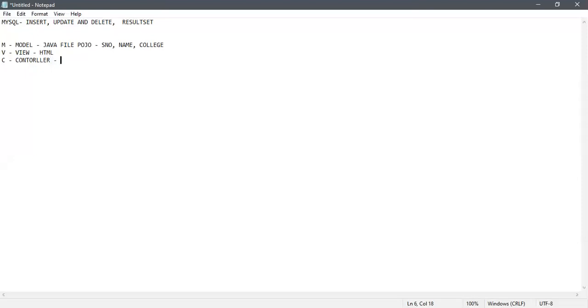and here the controller manages what is in between the model and the view. This controller is also a Java file. Here the connections will be established, but there are so many things that people do, which I don't want to mention. Controller implementation, I'm mentioning IMPL, and one more thing, database connectivity. Some of the connections have been established inside this. This is like an introduction I'm telling you.